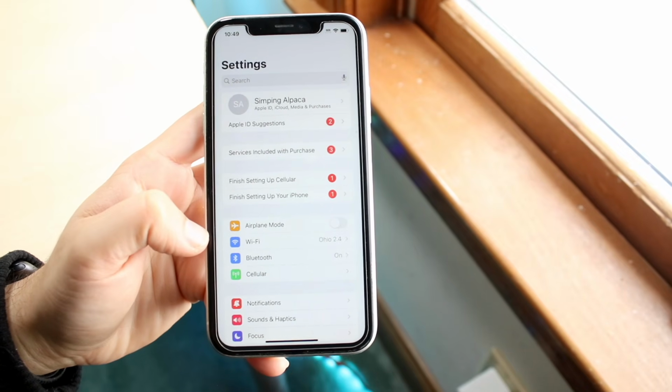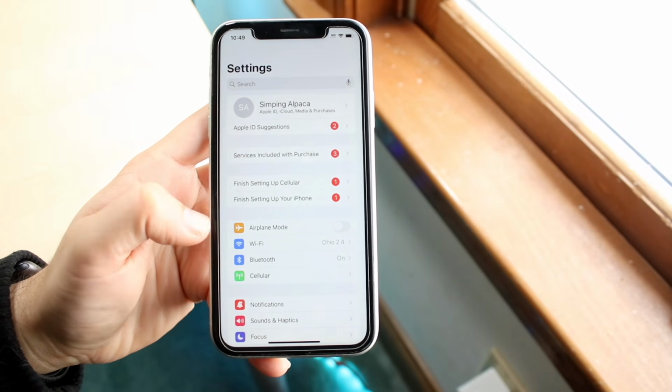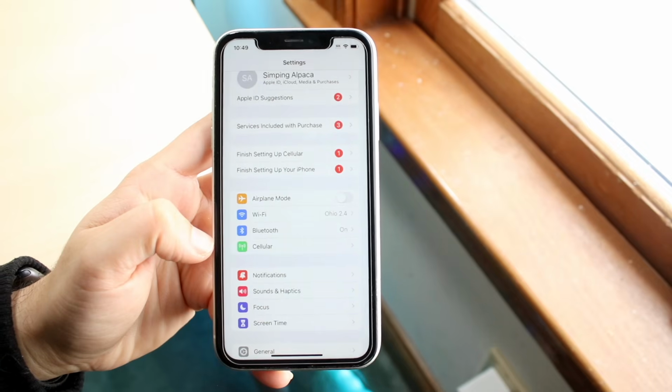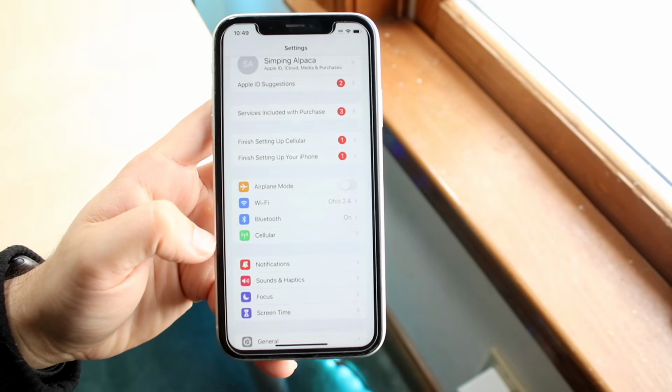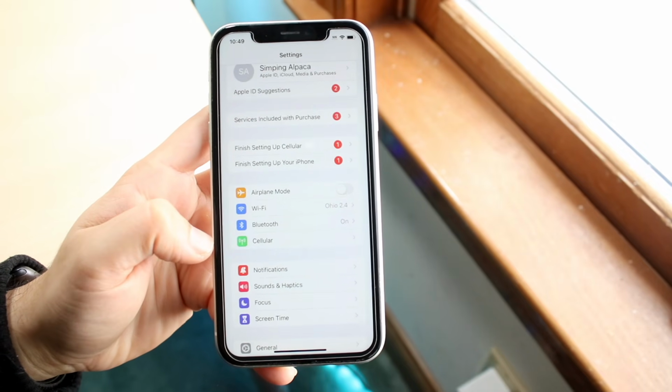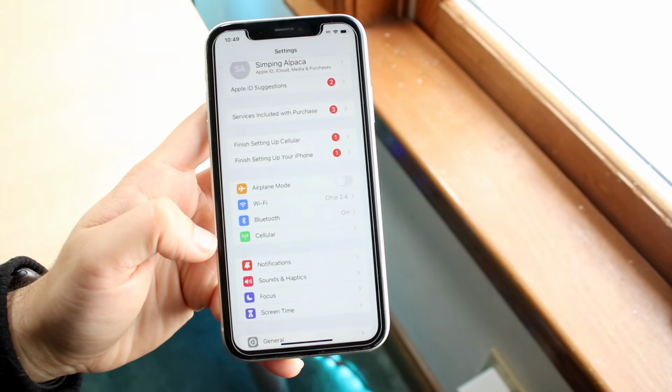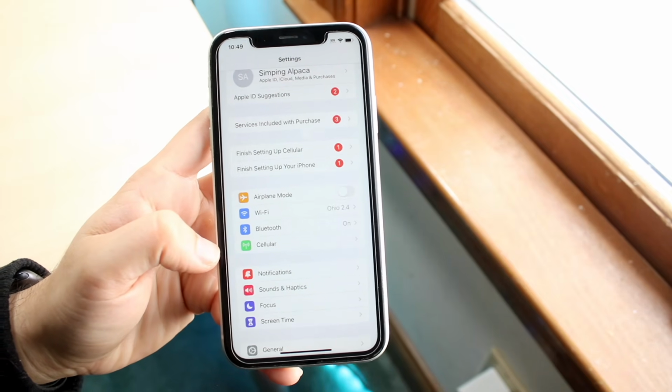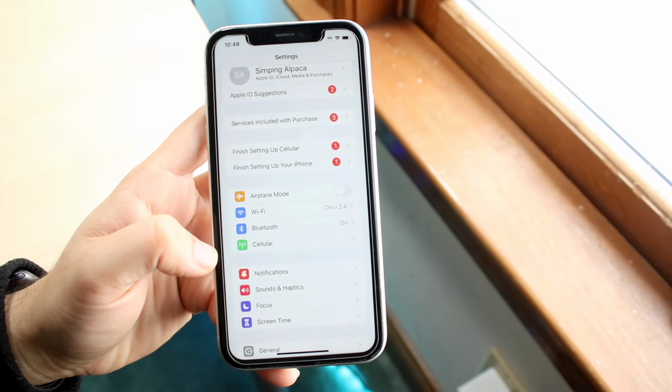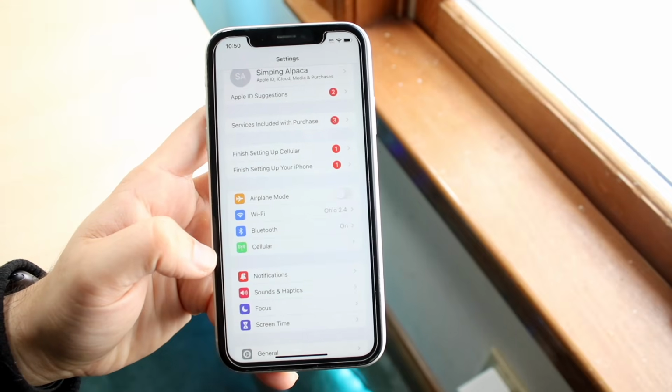Connect to the 5G variant of that, unlike the 2.4 one that I'm connected to here. And you also want to make sure your data connection is working if you're using data. So if you're using Wi-Fi or data, just make sure one of those is properly working. And a majority of the time, that is probably all you're going to have to do, if I'm being completely honest. Now, if for some reason that is not working,